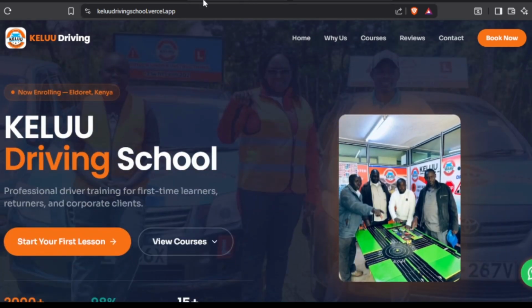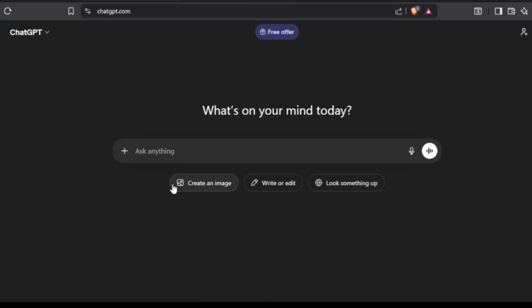So the first thing you do is you go to the browser, ChatGPT, and then you specify the thing that you want to create. For example, you want to create a website for a driving school or a portfolio or for a certain business. You can just type on ChatGPT. For example, let's create a driving school. So we go to ChatGPT and say,